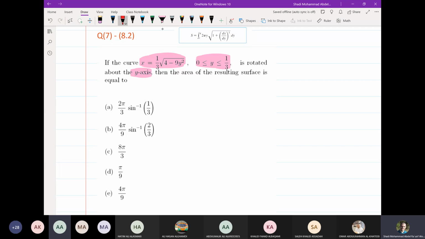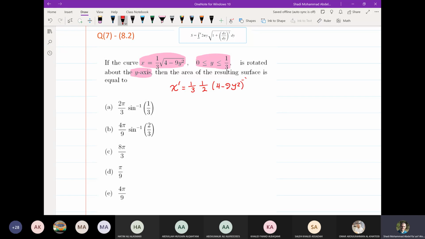Okay. First we take the derivative of the function. What is the derivative? 1/3. It becomes minus 3y over the square root of 4 minus 9y squared. Okay, 1 over 3 multiplied by this one to the power half, right? So 1 over 2, exactly, 4 minus 9y squared